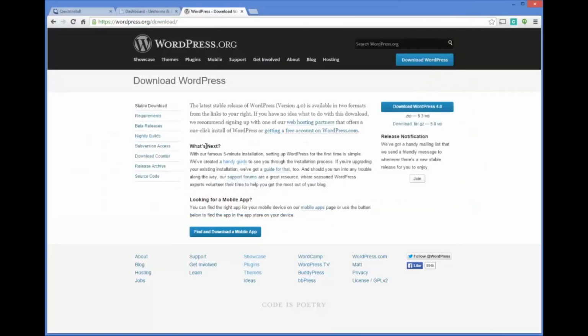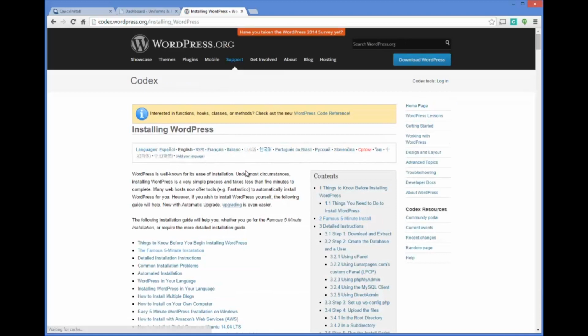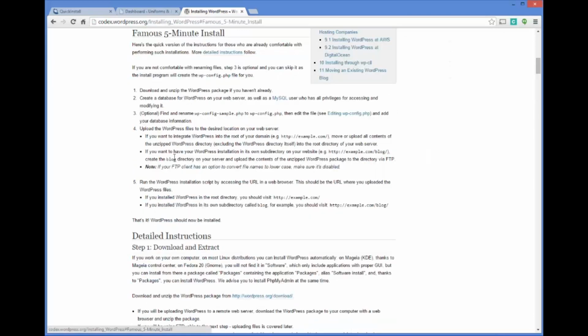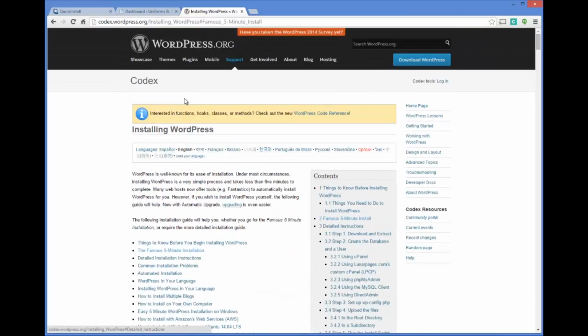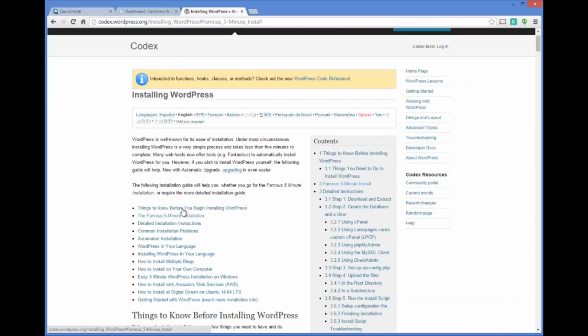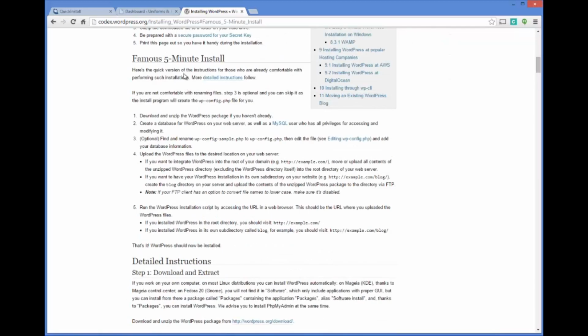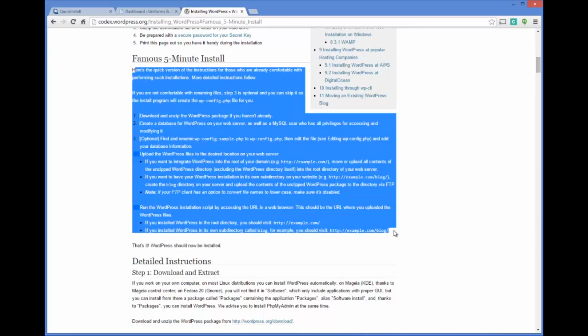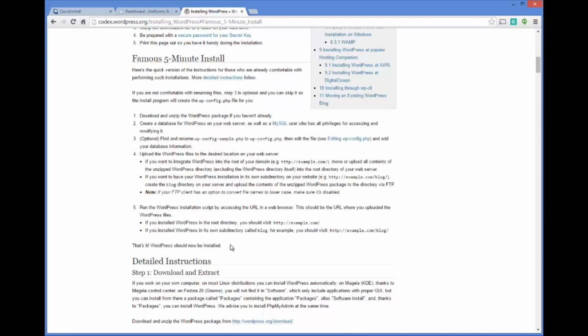And then you can follow where it says What's Next. After you download it, follow here where it says What's Next. And they've created a handy guide for you, as they call it. And you're going to look for the famous 5-minute installation. And I found that under the guide of installing WordPress. And I just looked on the second option here, or you could scroll on down to where it says famous 5-minute install, and they actually have it all listed out, the detailed instructions on how to install WordPress by yourself,